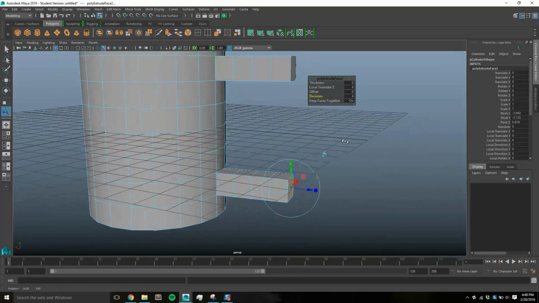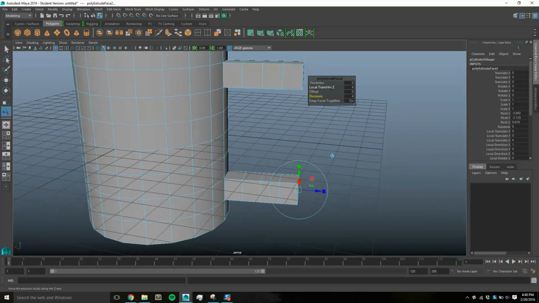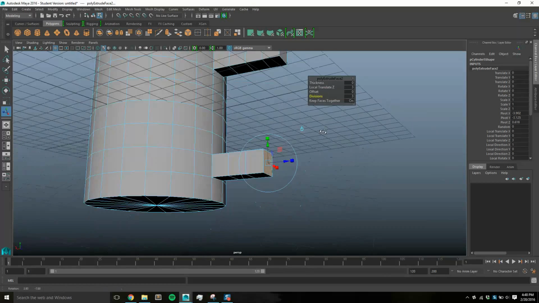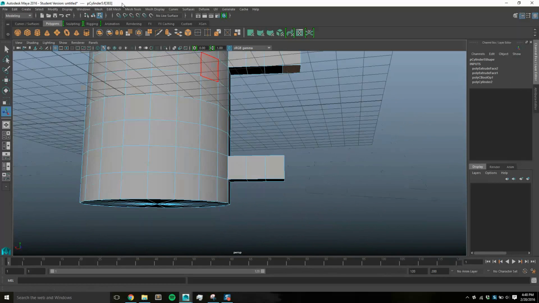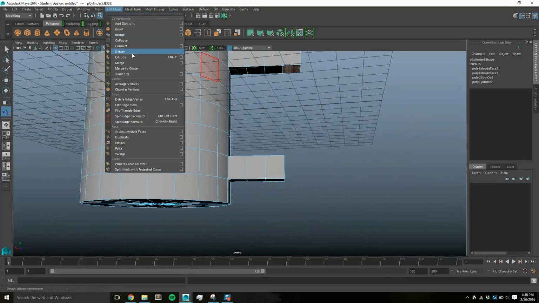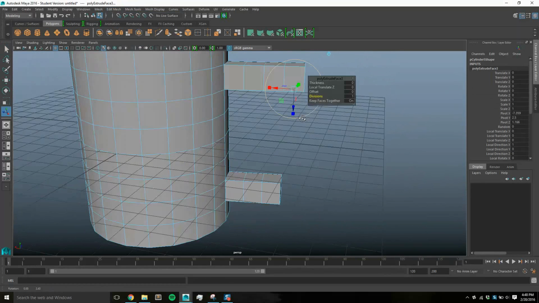So the next thing we're going to be doing after I adjust the bottom part of the handle is that we're going to be connecting them. But before we do that, we'll need another extrude. So you can see I'm going to click that face up there, and I am going to go to edit mesh again and extrude. I'm going to drag that down,